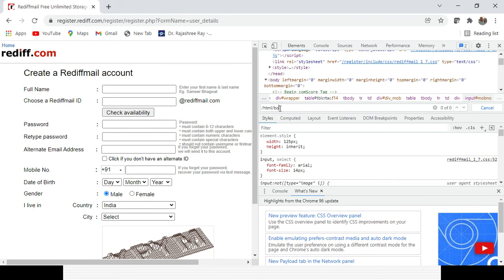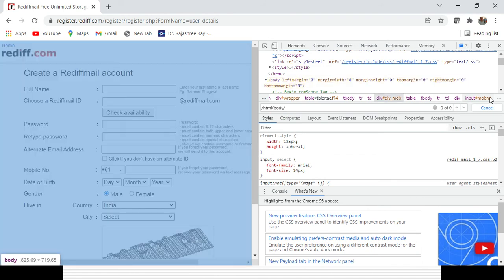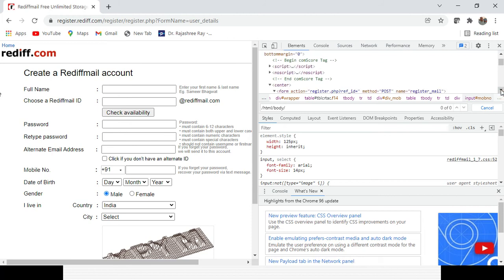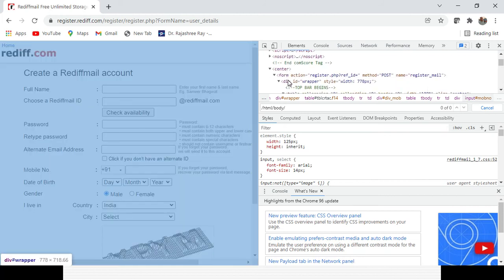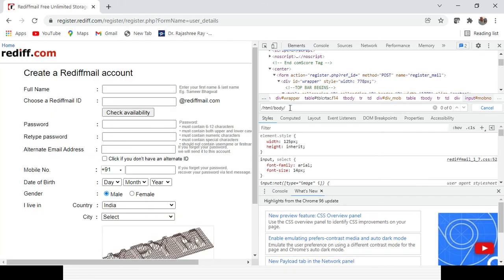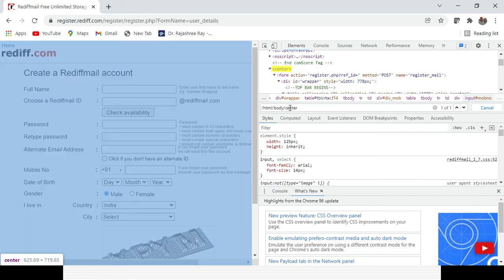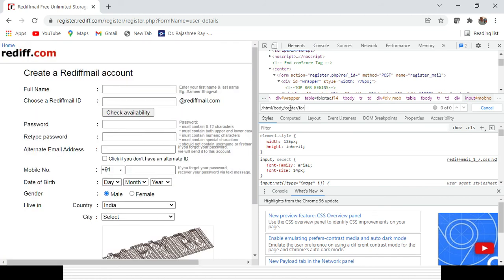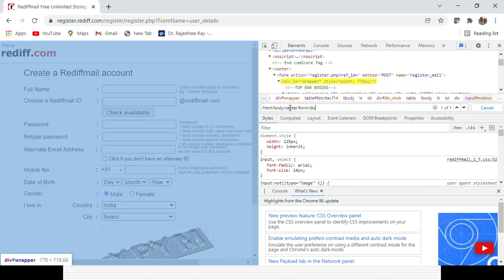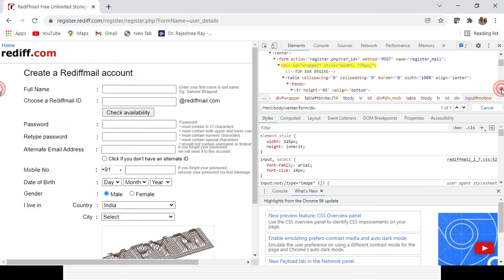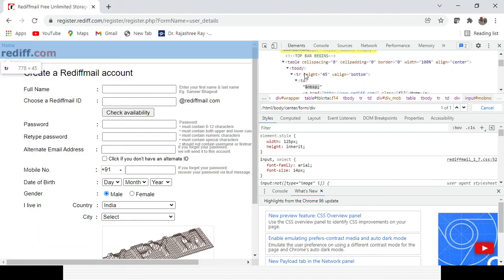Again if you give slash, then under the body it will be center, form, div, like that. So center slash form slash div. Till that part I have come, and then I can give the table, slash tbody slash tr slash td.